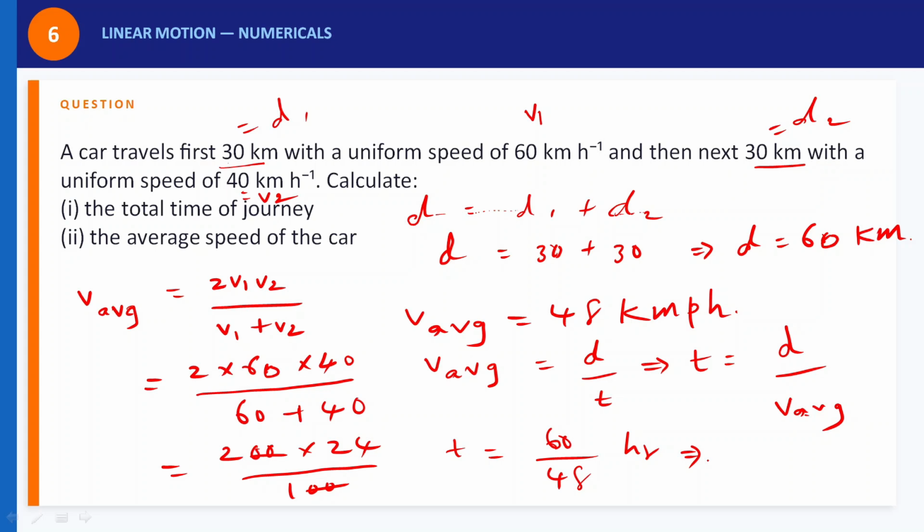We'll get 1.25 hour. So finally, therefore, time t equal to 1.25 hour, just multiply it, convert into minutes,